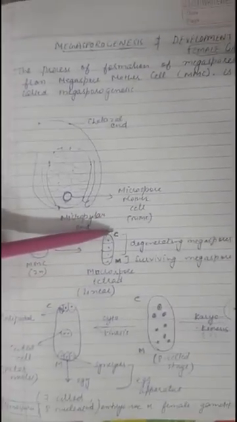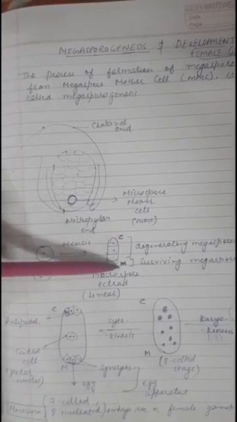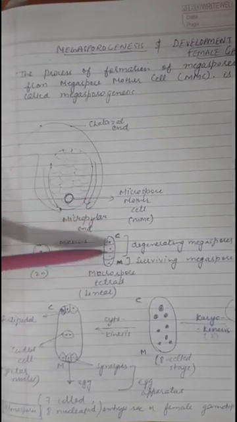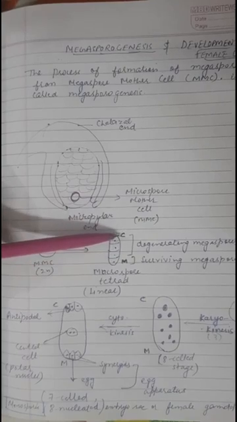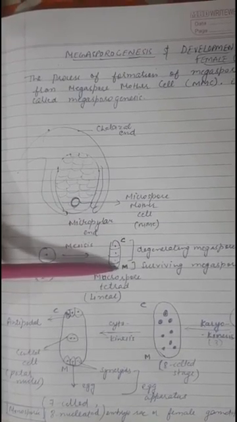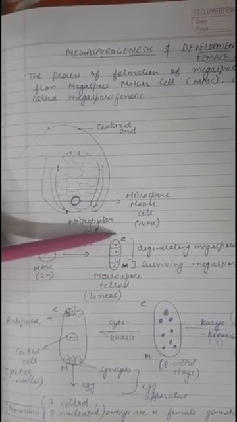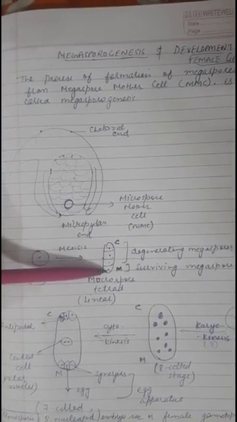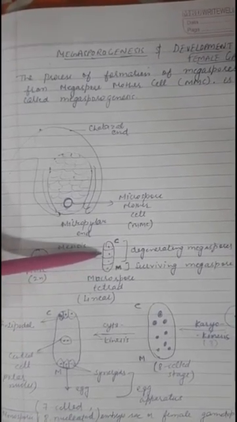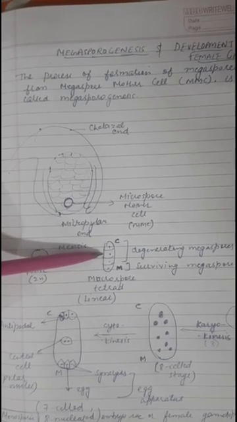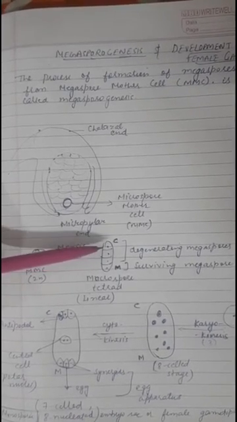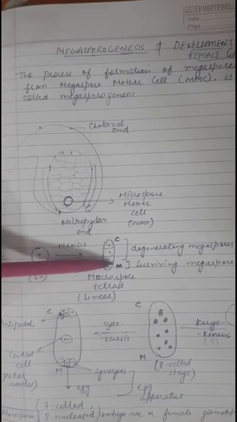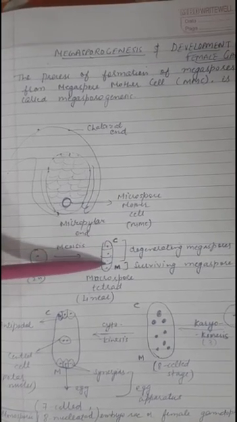So this is the chalazal end and this is the micropylar end. I have shown it directly in the same direction. Chalazal end, micropylar end. Now in that case where microspores will be formed, they can arrange themselves in various forms like tetrahedral or isobilateral, but in this case only linear arrangement is there.